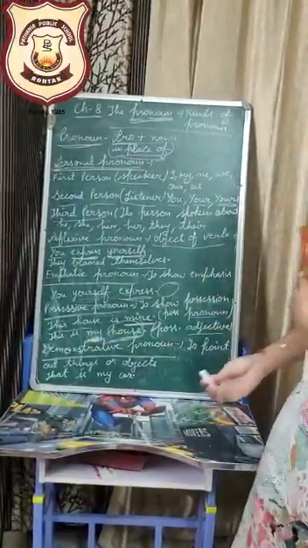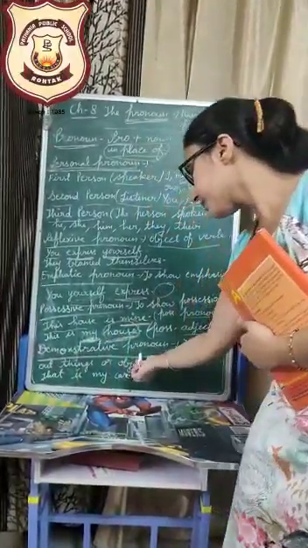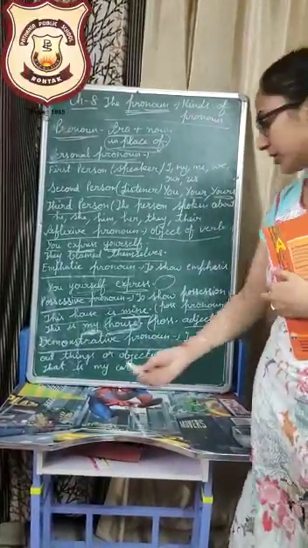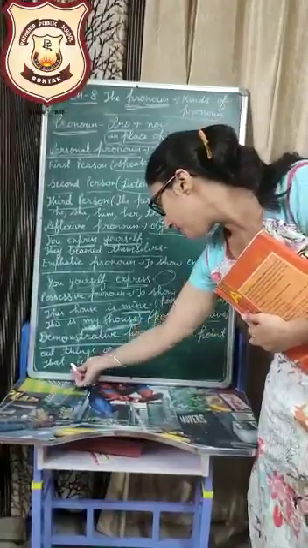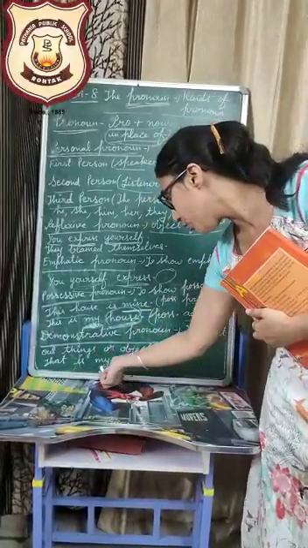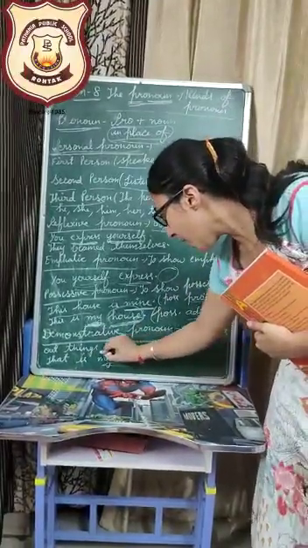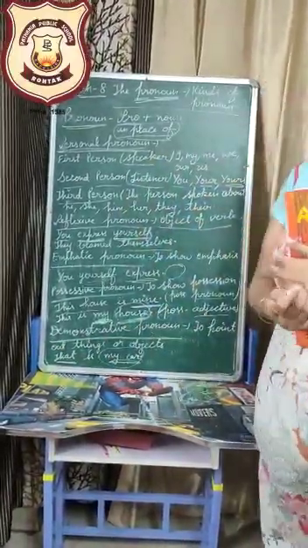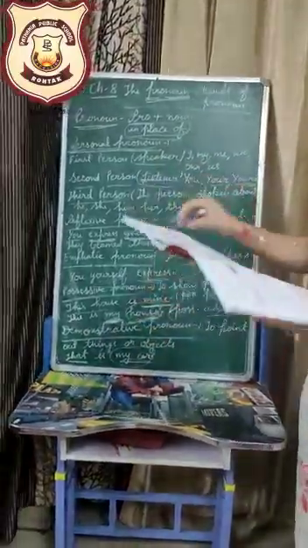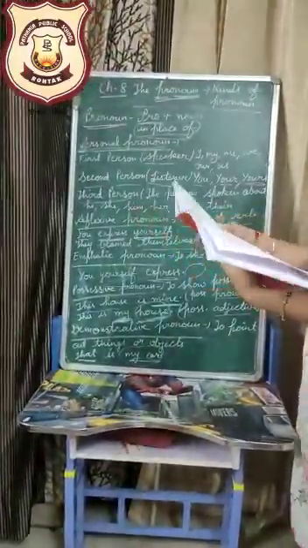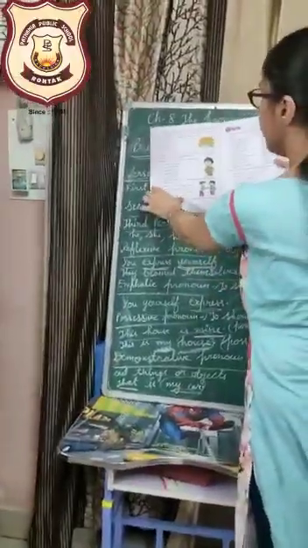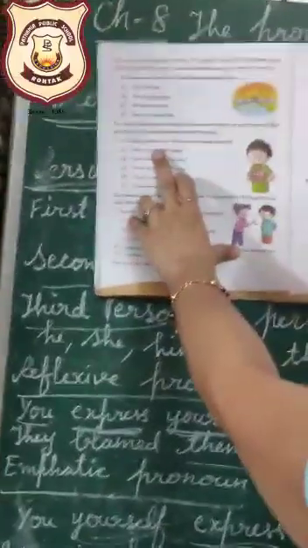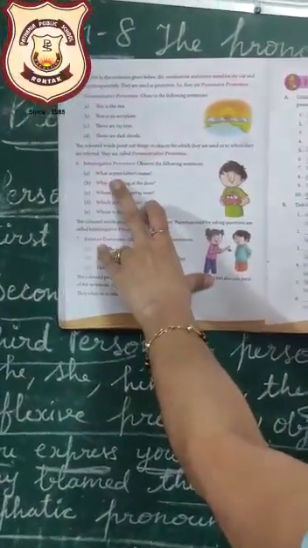Okay. Next, demonstrative pronoun. When we want to give the demo, to point out a thing, to point out an object, we use a demonstrative pronoun. For example, that is my car. So, to show the demo, to point out that car, we are using this pronoun that. So, that is a demonstrative pronoun. Now, next two pronouns, only last two pronouns are left. This is very easy. See, sixth type is interrogative pronoun. Interrogative pronoun is a pronoun when we want to ask the questions.